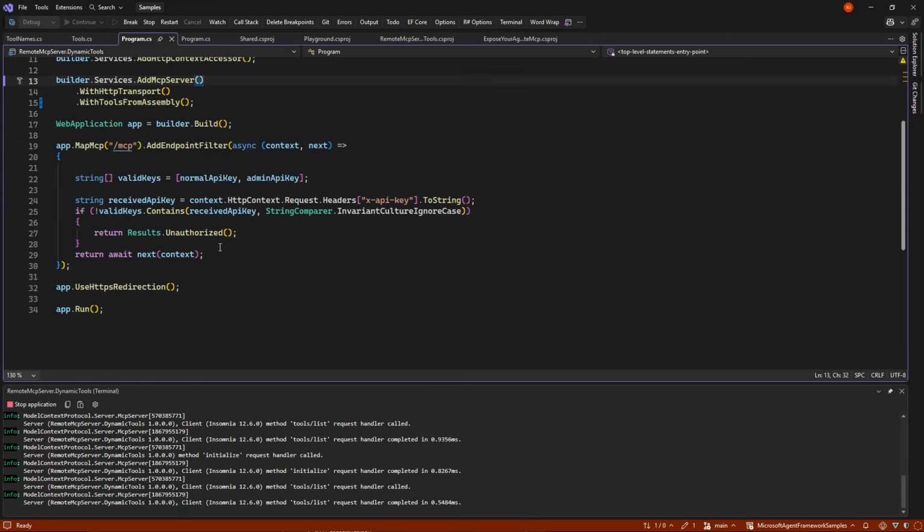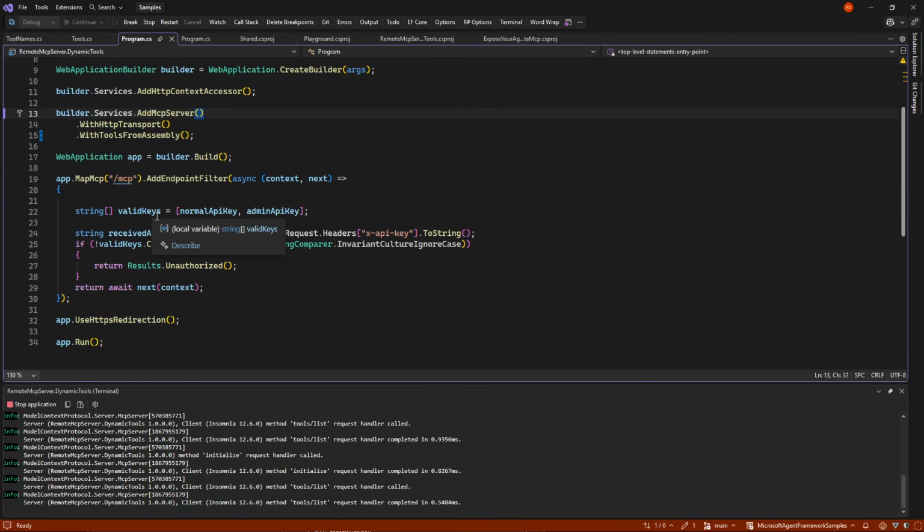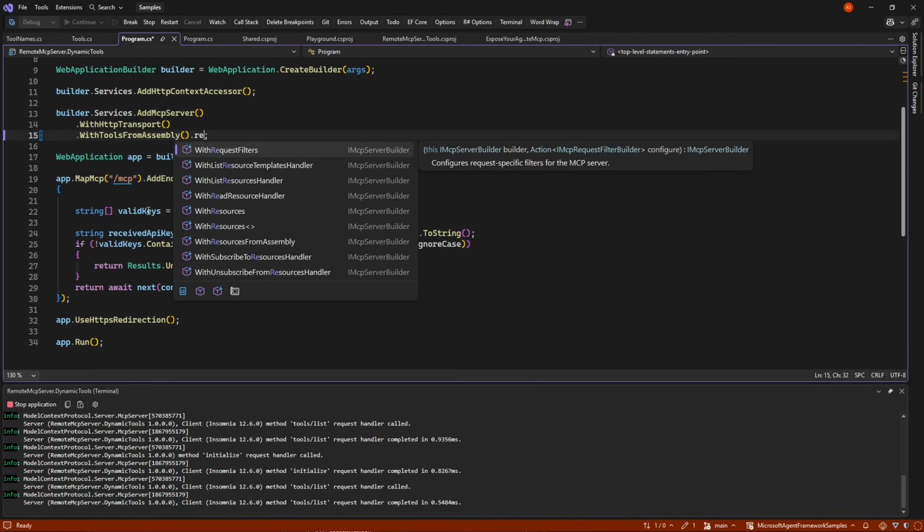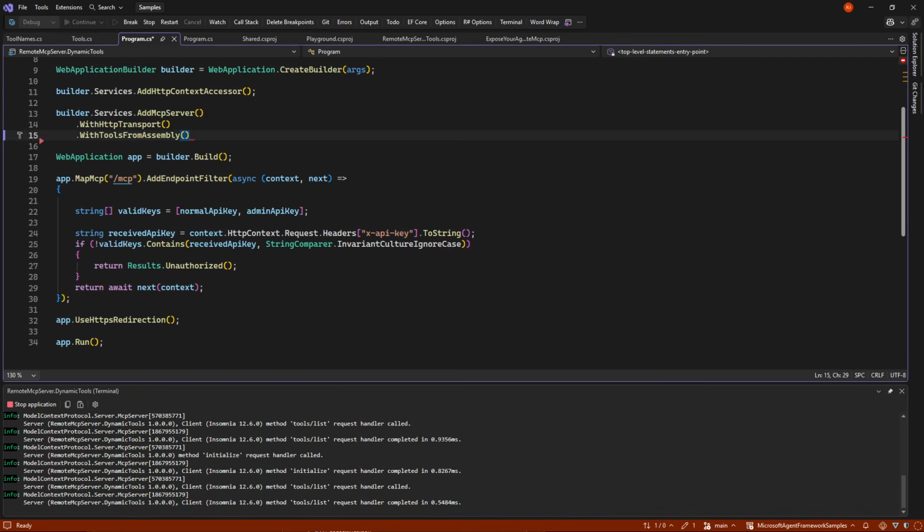But now we need to make it so that some of the tools should be there and some of them should not be there. It is possible to use the authentication attribute if you use OAuth and stuff like that. But in my case, I want to show you that you can control every single little thing about what goes into the tools by adding some extra things up here. Because we can put in something called request filters. And let me just grab the first request filter that we're going to put in, and then we will talk about it.